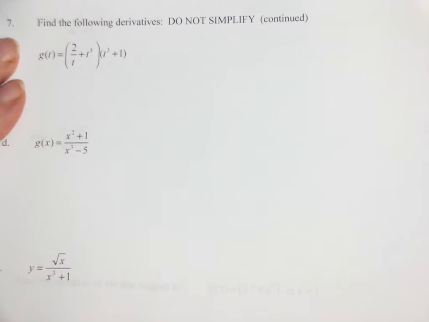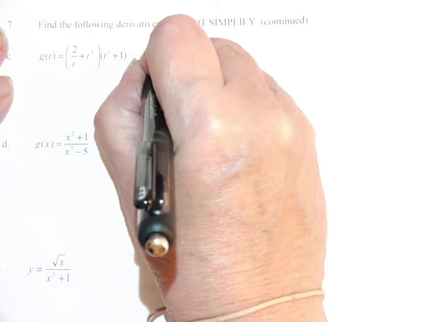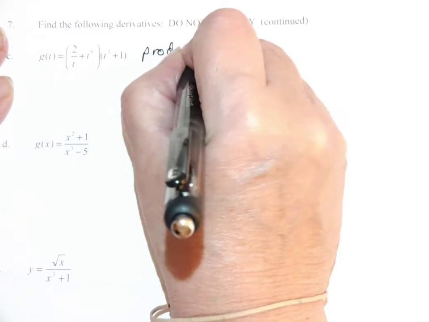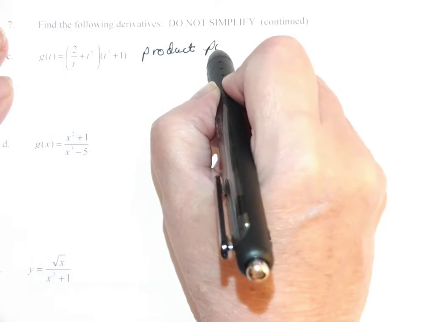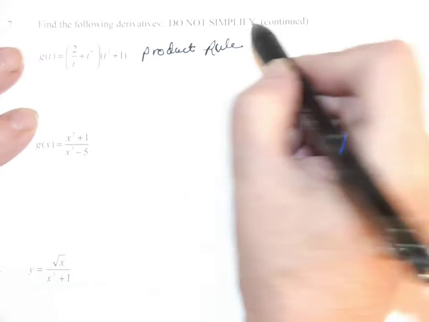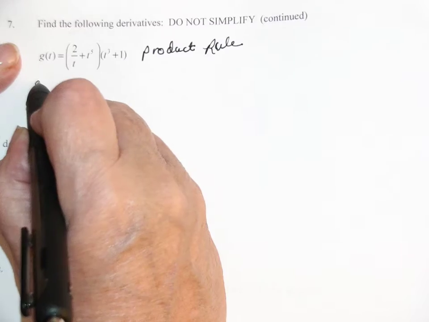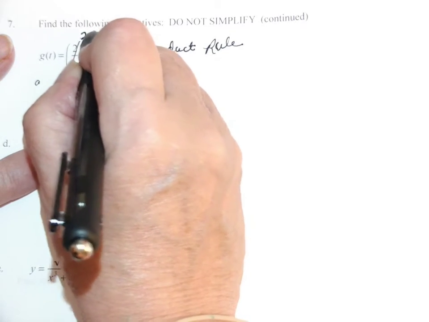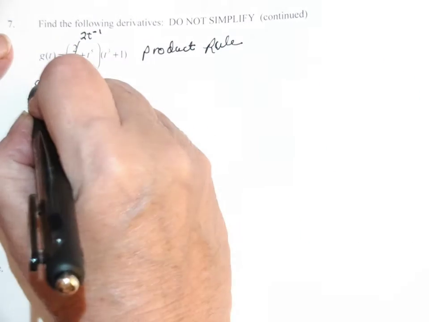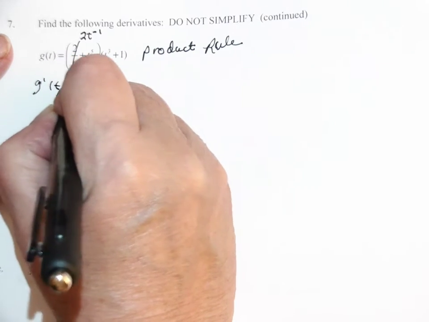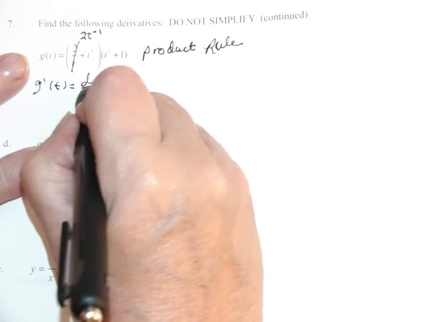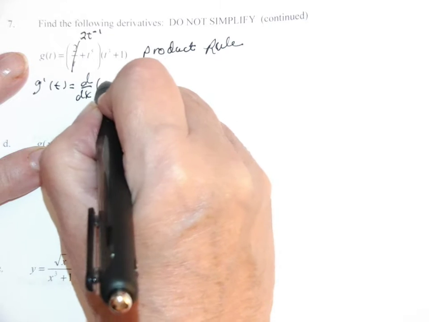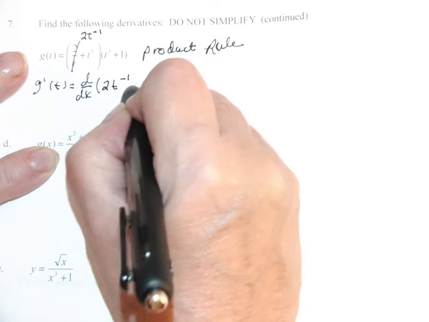Okay, so here we go again. This is product rule. So that, and this needs to be rewritten as 2t to the negative 1. My bad. G prime of t is the derivative of the first, which is 2t to the negative 1,